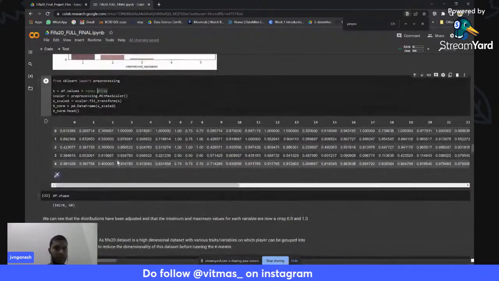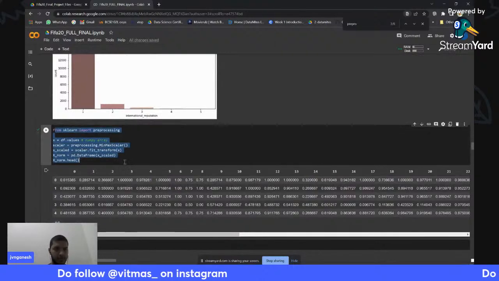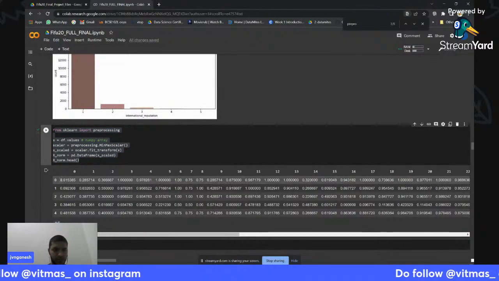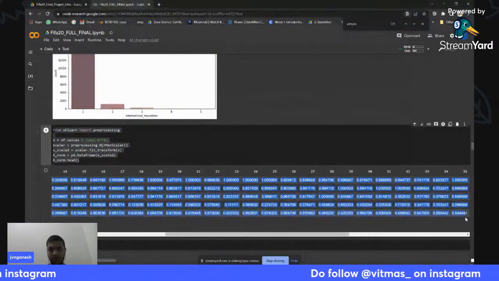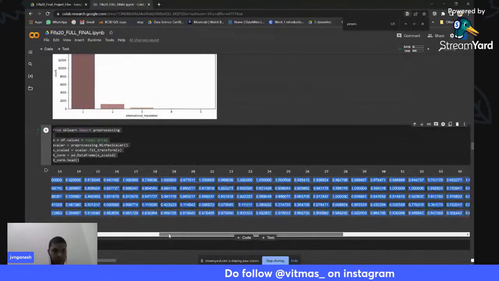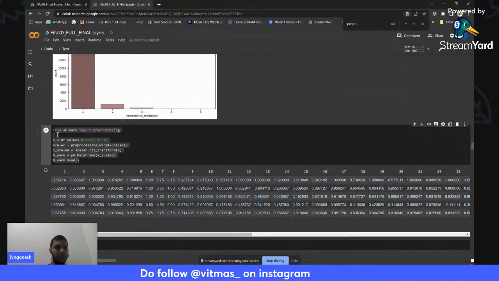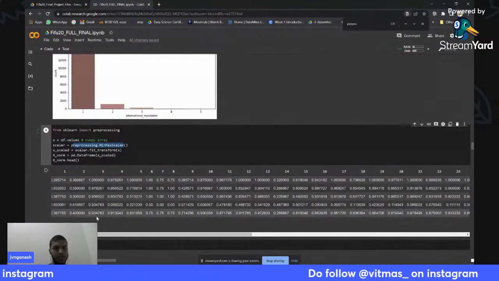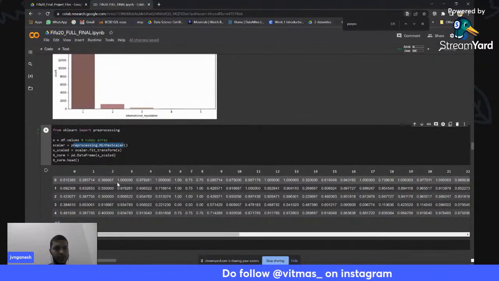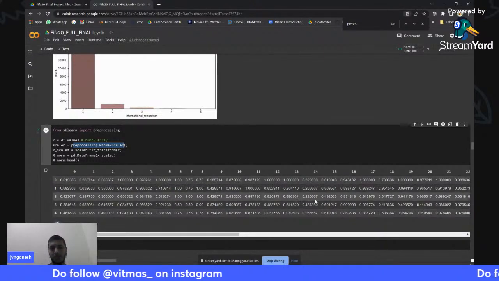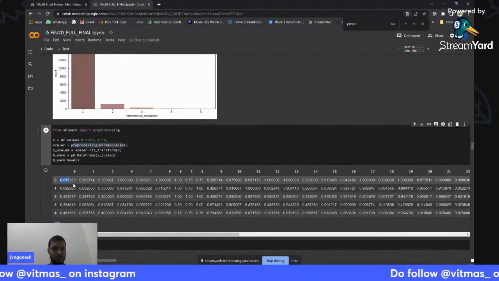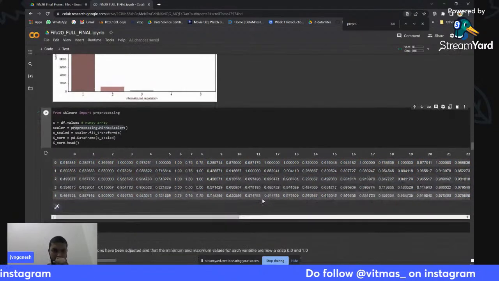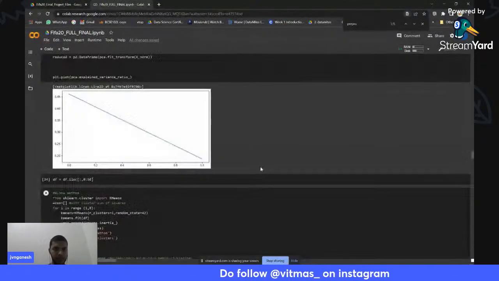Here we have done the pre-processing before, as you have seen. So we get all the values in terms of zeros, 0 point, and so on. Now we got the output from here. The pre-processing, we have df.values, then we just fit the data, and we get all the values in 0.6, 0.2, 0.3, 1.0. All the values will be below 1. So you'll get this particular data set, and from this we have plotted